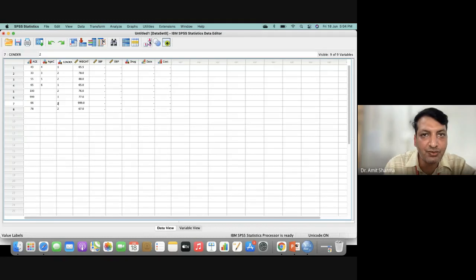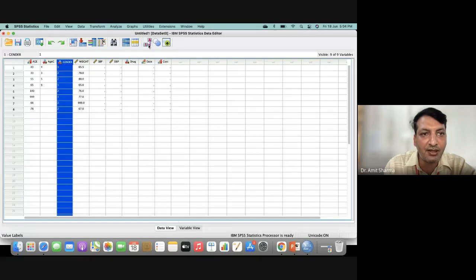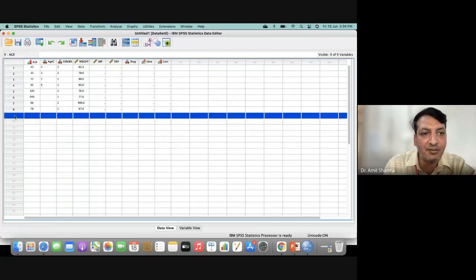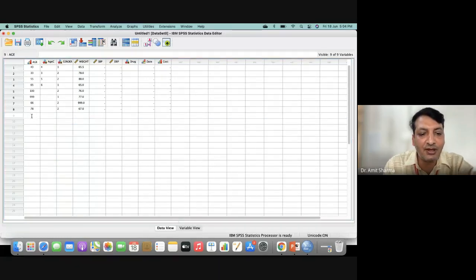Now what it means, I'll switch to another window. You can see this column, that this is the male and female. So whenever you are going to enter the data, for example, patient number 9 is having age 34, you have to write 3 because it belongs to between 31 to 40. So the code 3 is there. If it is female, you are going to write 2, weight 78 kg, systolic blood pressure is how much? You can write 135, diastolic blood pressure is 95, drug given.